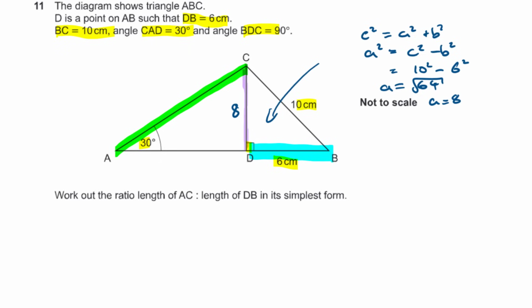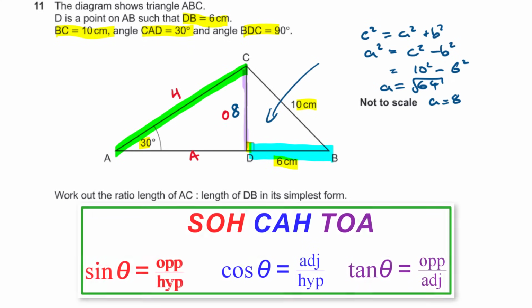Now, when I know a side and an angle and I want another side, that is trigonometry, isn't it? So I've got what sides? I've got the opposite. I want the hypotenuse. I don't have the adjacent, not interested in the adjacent. So which ratio is about the opposite and the hypotenuse? Well, using SOHCAHTOA,